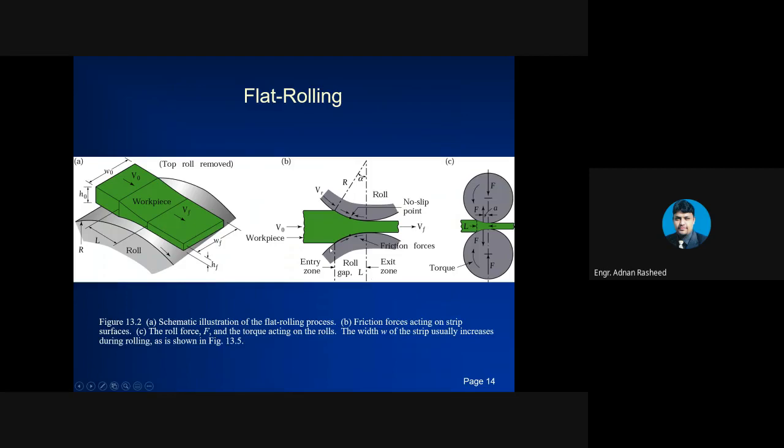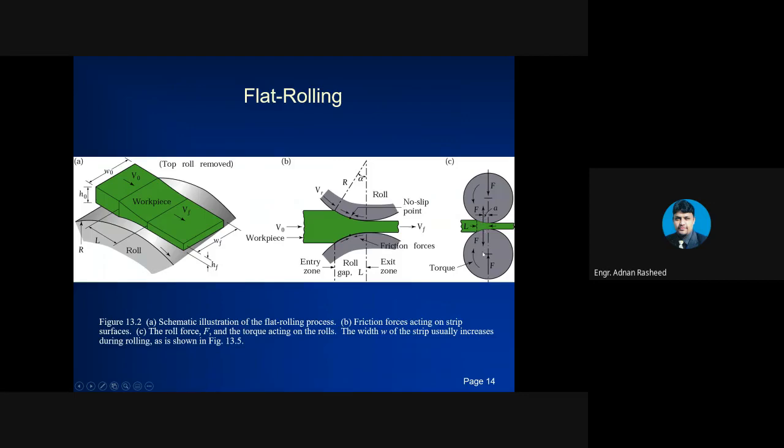You can see these are the same things, this is the area that is in contact with the roller. Similarly, V naught is the original velocity, VF is the final velocity, W naught is the width, WF is the final width, H is the thickness, that is actually TF, and H naught is the original height or original thickness. You can see this is alpha or theta, and this is the roll radius. You can see that pressure is exerted